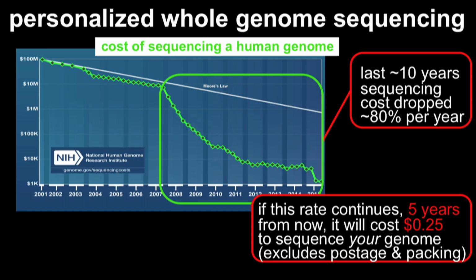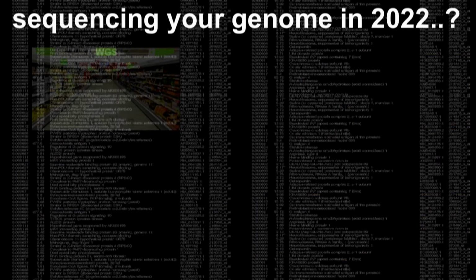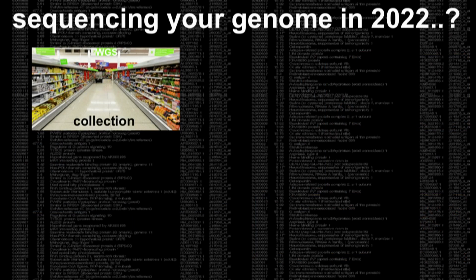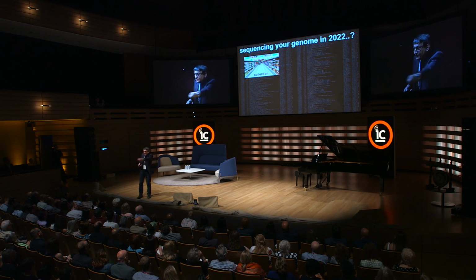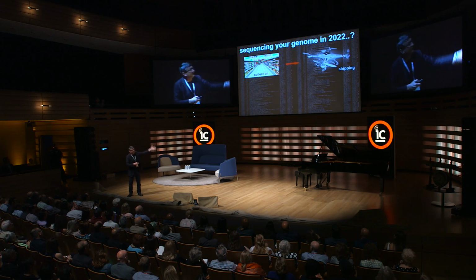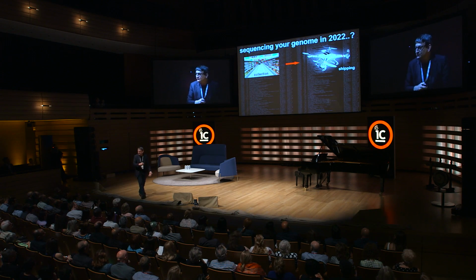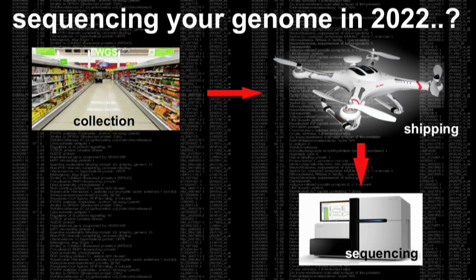So you'll be able to go to your supermarket that we heard about just now, and Moses talking about this somewhat presciently, and you'll be able to go to the whole genome sequencing counter, give her an epithelial swab from your cheek cell, okay? Off it goes in the drone, so they take it away to the sequencing center where your genome will be sequenced, and then it'll be sent up to the cloud for processing, and the processing will be sent to your genetic counselor or your insurer or your healthcare provider to decide what to do with this analysis.